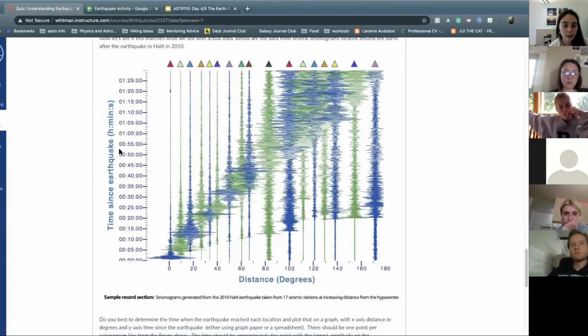So what you're looking for is when, for each location, is the biggest shaking? And when you get out really far away, it's very difficult to tell, so just do your best. But the idea is you guys are going to get to do the work that seismologists do to understand the different layers of the earth in this activity. So I will go ahead